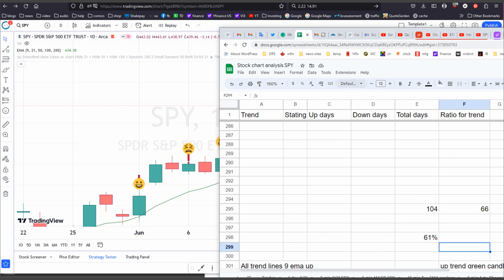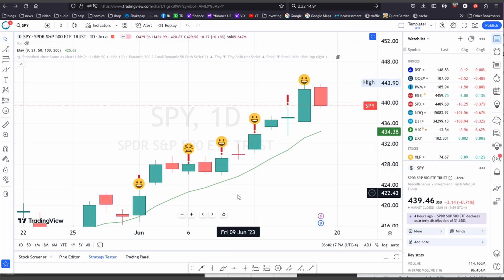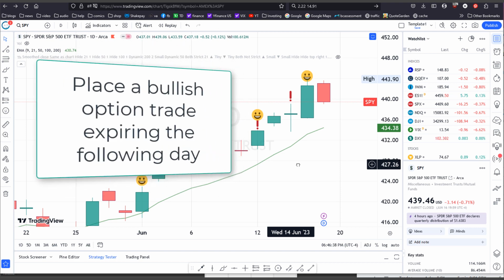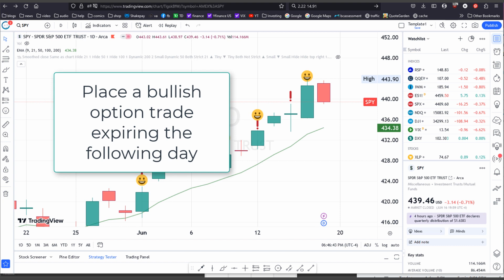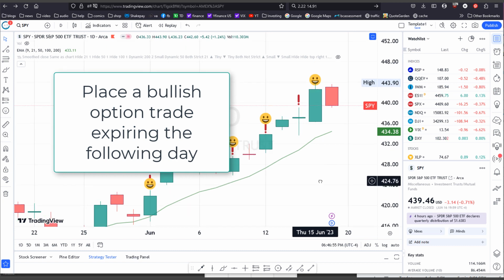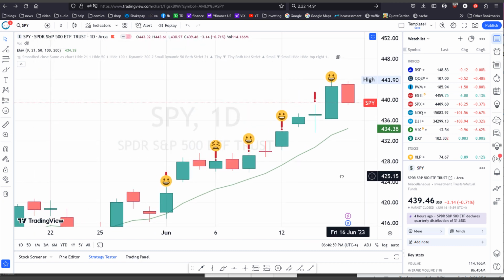my SPY options challenge. And the way I'll use it is whenever I notice this criteria playing out, then what I'll do is place an options trade for the following day with a bullish bias. Theoretically, 6 out of 10 trades that I make will go right, and the other 4 will go wrong. And then overall, if I do this enough times, these particular set of trades that I make should overall return